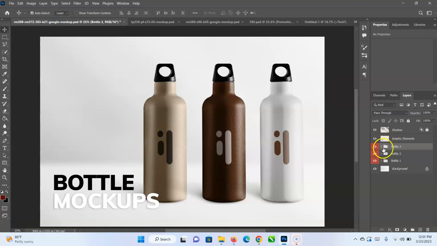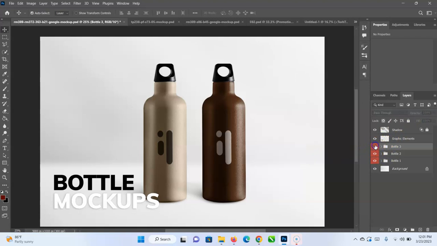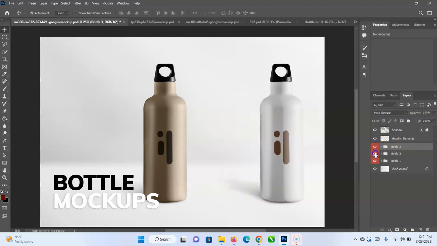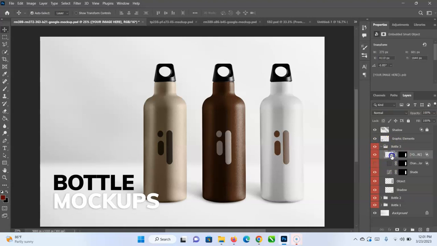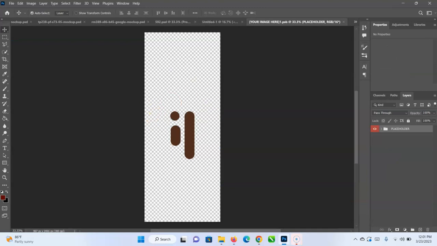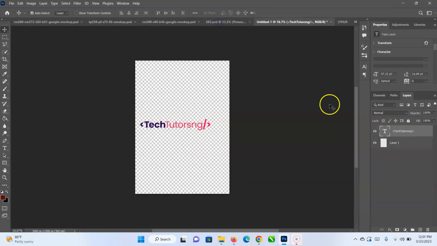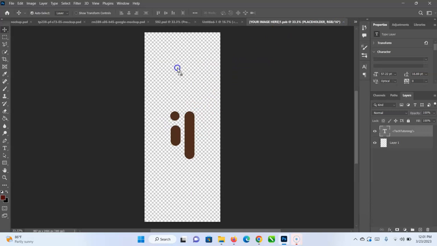So now if you open it, there are 3 bottles right here. So this is bottle 3. You can look at which one is which one. See, and bottle 1. So let's start with bottle 3. I told you double click here, click on it, so you have the logo right here. So let us say we want to use this particular logo here. This is not the Tech Tutors logo, it's just a text I wrote. Place it here. Okay,